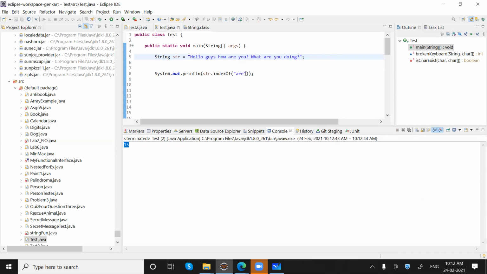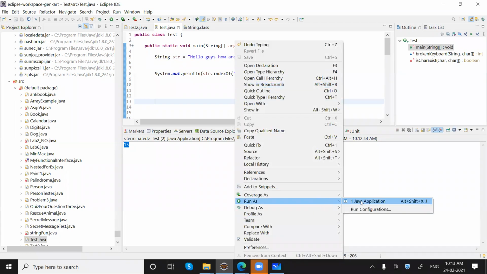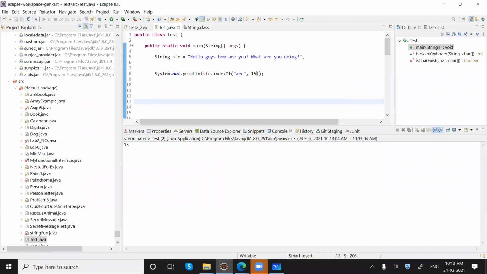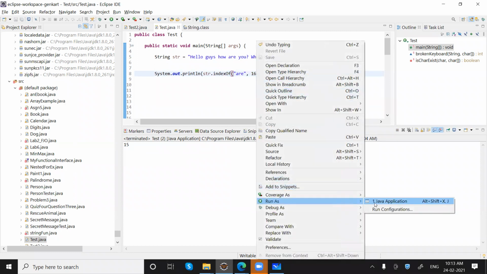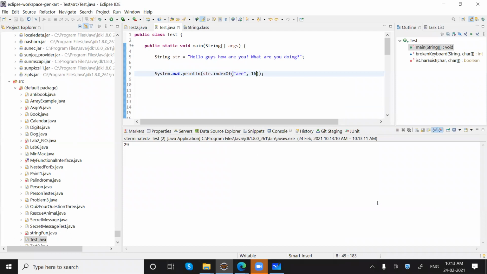If I say don't tell me this one, tell after this one, for example start your counting or searching from index 15. Sorry, we gave the same index. I mean, start from 16th. So it will go to the next R in this string. Getting my point? Any doubt in this?